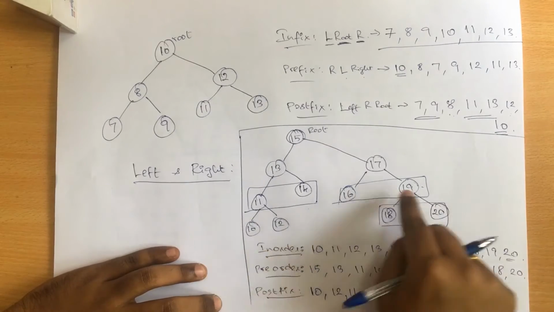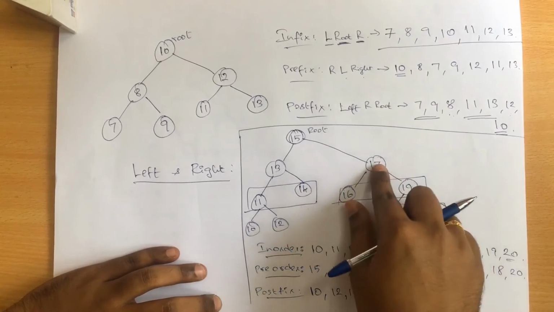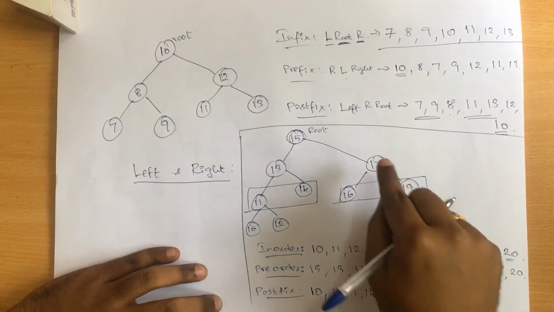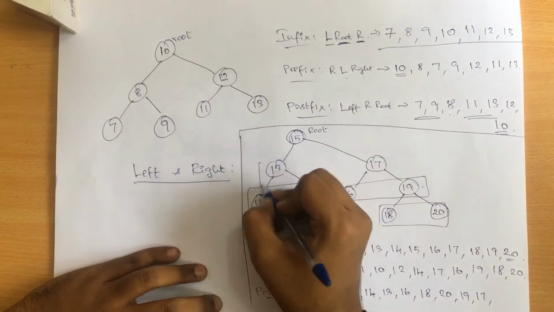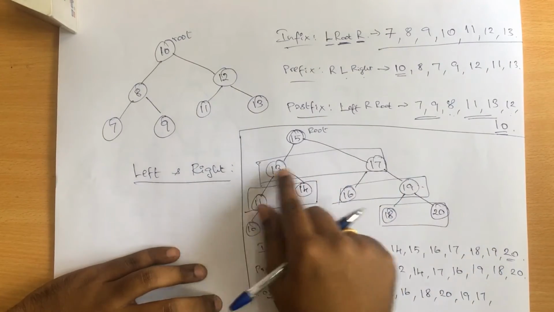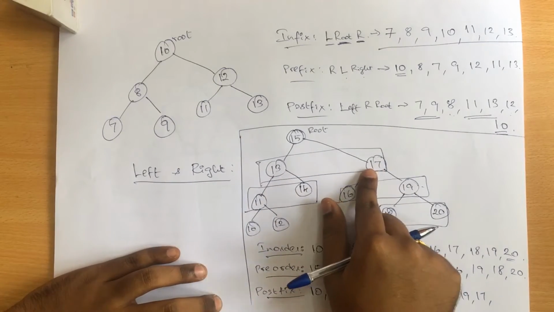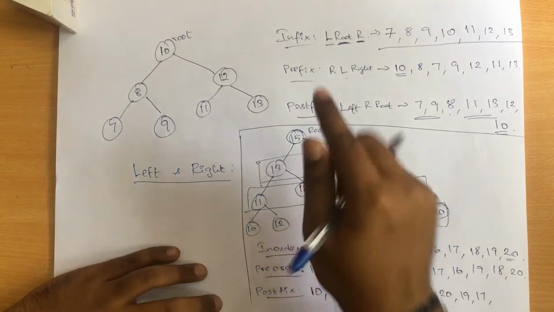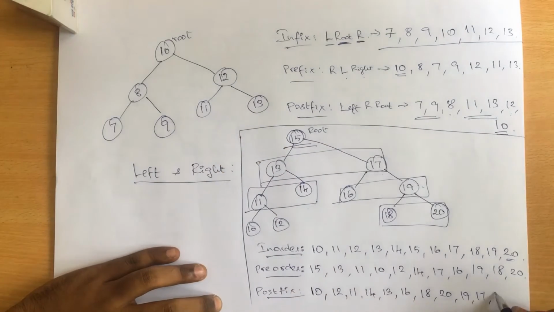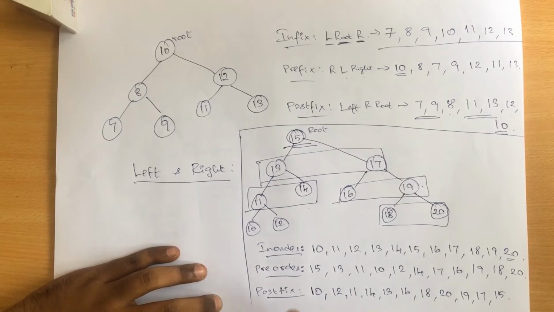After 19, 16 and 19 is done now. After 19 I can go with 17. Only after 17, see, now 13 and 17 are getting printed, where these two are in the same level, right? So 13 as well as 17 have been printed here, and now the final node to be printed is nothing but the root node, right? So now see here, this is going to be the postfetch order for this entire tree data structure. So now I hope you will be clear about the traversal techniques that are available in a tree.